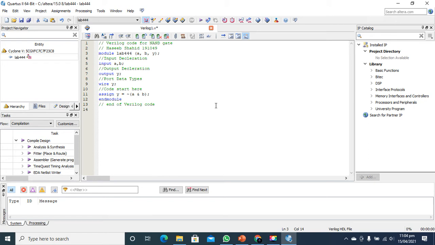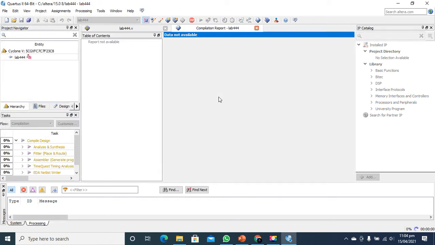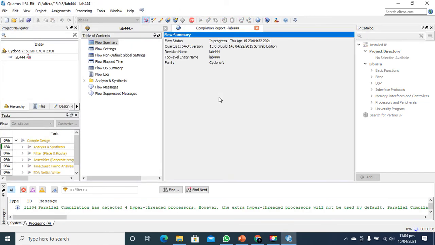So this is our HDL code that we will implement and see how this code really works. For that purpose we need to run the code. As you all know about the Quartus software, it is an old but very reliable software.